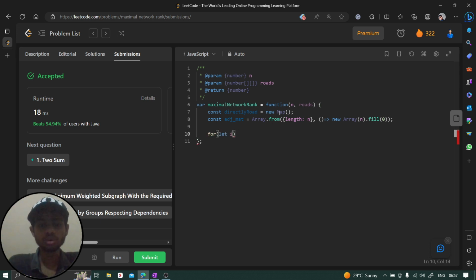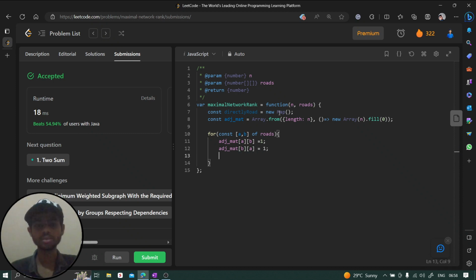Now we're going to move through all these things. So we can say const a comma b of this roads, right? And here we're going to say for each, we are going to pre-calculate the directly road and adjacent matrix. So first of all we are going to say adjacent matrix of a comma b is going to be 1 because there is a road between them, and adjacent matrix of b comma a is also going to be 1 because there is a road between them as well, because this is bidirectional, a to b and b to a. Fine. Then what we are going to do, we are going to say directly road